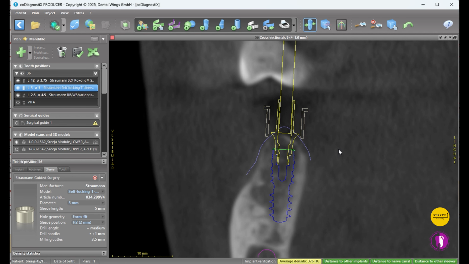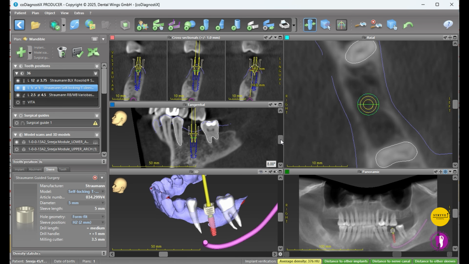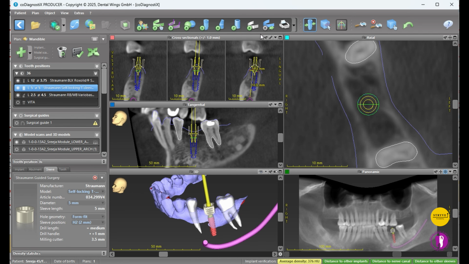So that's the 2 mm height, generally looking good, but it will be below the level of the bone on the mesial side and below the level of the soft tissue on the distal side. So 4 millimeter will be ideal. Then with the 4 millimeter, we are going to go ahead with the guide fabrication. Same way,